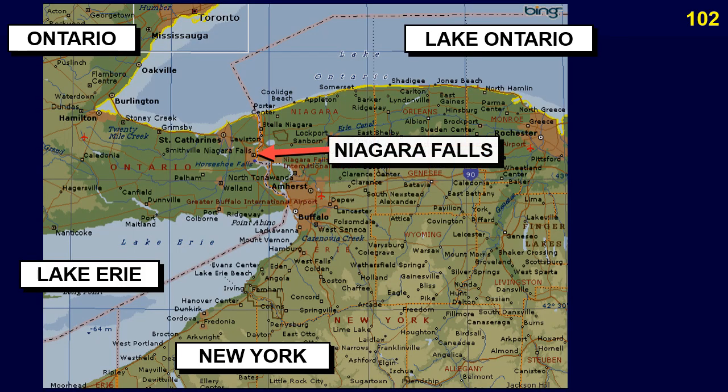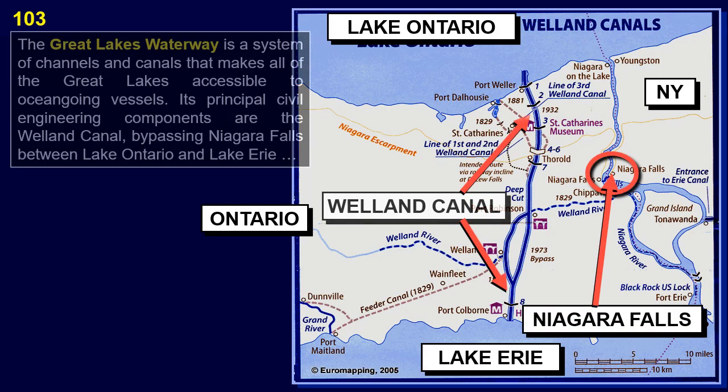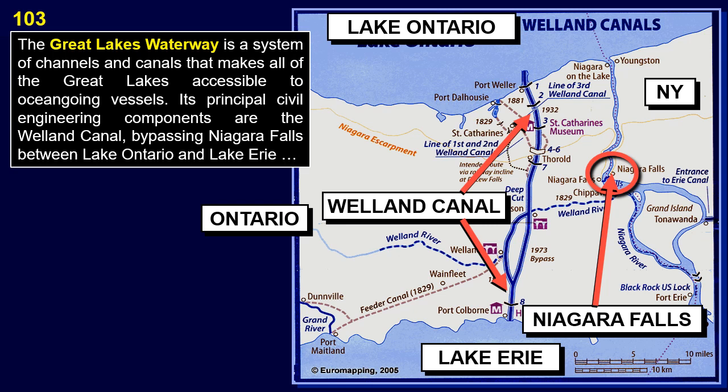The Niagara Falls was always an obstacle to navigation into the upper lakes until the Welland Canal was completed in 1829 and expanded ever since to allow ships to pass around this bottleneck. The Great Lakes Waterway is a system of channels and canals that makes all of the Great Lakes accessible to ocean-going vessels. Its principal civil engineering components are the Welland Canal, bypassing Niagara Falls between Lake Ontario and Lake Erie,